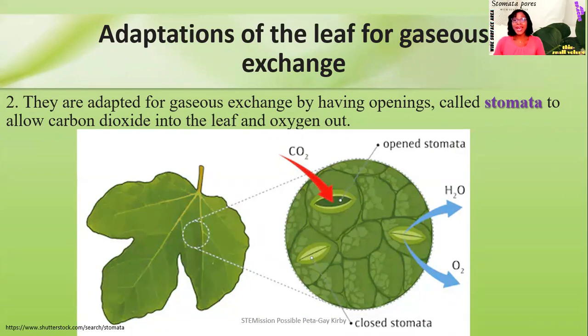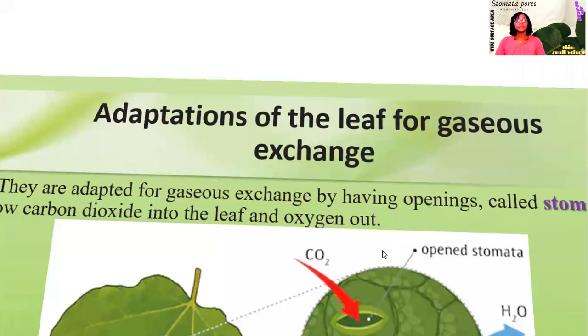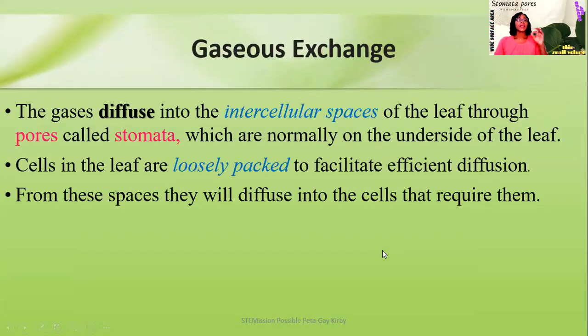And we have carbon dioxide and also water vapor. This would have been given off also by other processes such as transpiration. But just to show that this is also a form of diffusion of a gas called water vapor. The gases diffuse into the intercellular spaces of the leaves through pores called stomata, and these are normally,